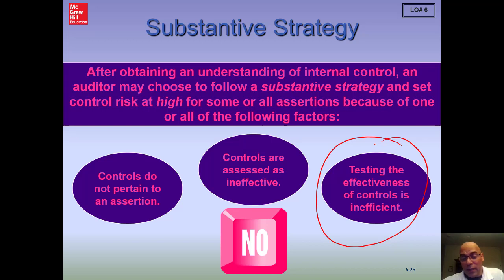If we just bypass the testing of the operating effectiveness of controls that had a potential to be effective, and we just decided not to test them, now what's going to happen? Now we're going to have to use external evidence, and we're going to have to be hounding down our clients' customers for external confirmation, that sort of thing. Extent, larger sample sizes for our substantive testing.